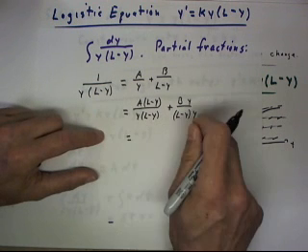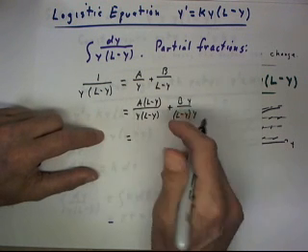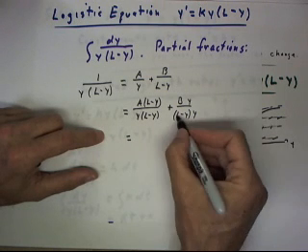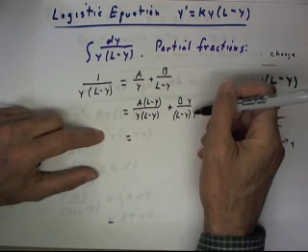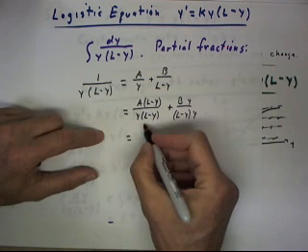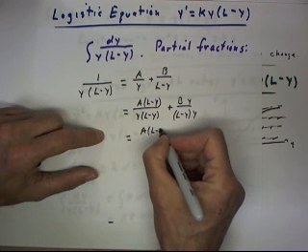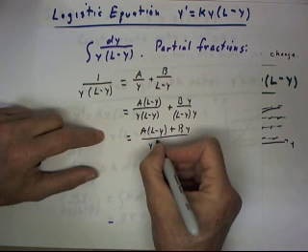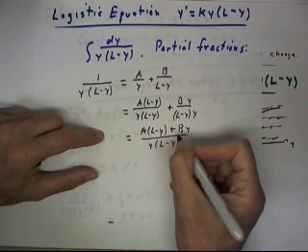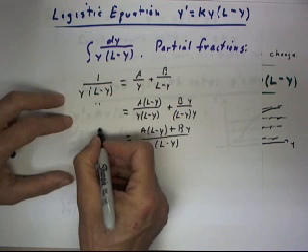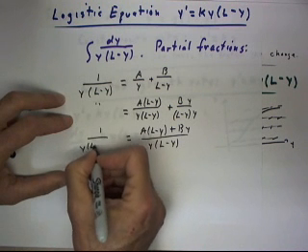And now we can combine the two fractions. The denominators match. The order's different here because we wanted to show how the y divides the y. But we get A times L minus y plus B times y divided by y times L minus y. And that's going to be equal to our original expression, 1 over y times L minus y,